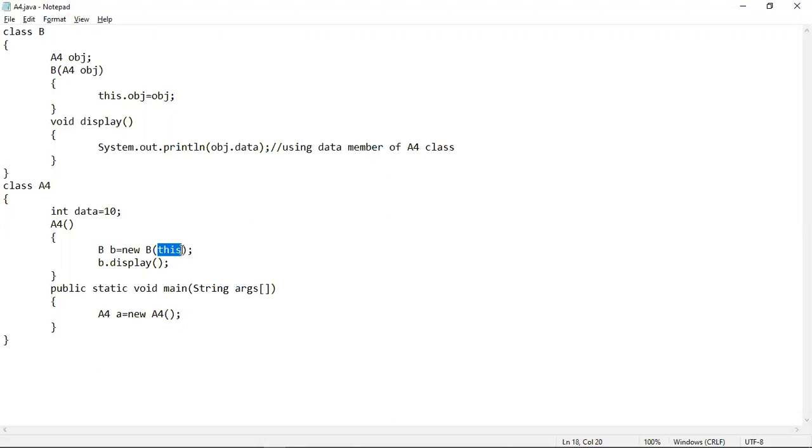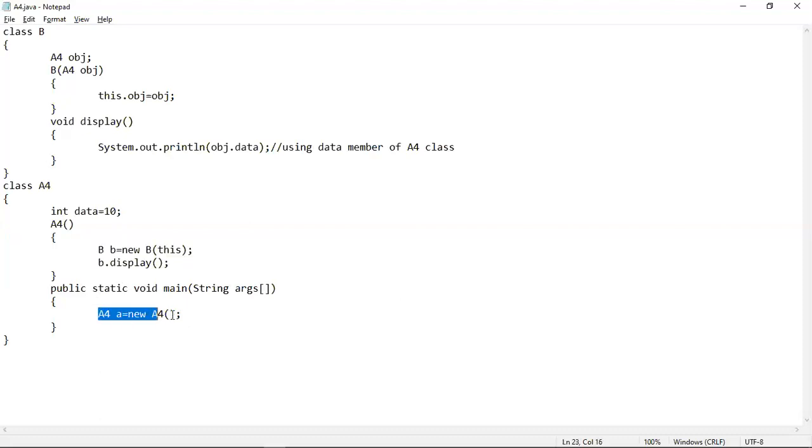So by passing this keyword, we are actually passing the current object. Currently, which object are we dealing with? We are actually dealing with this A object, not this B object, because this object creation statement has forwarded the program control to here.